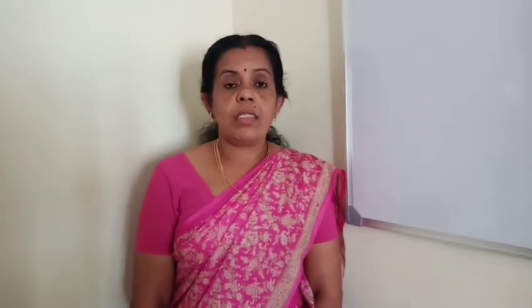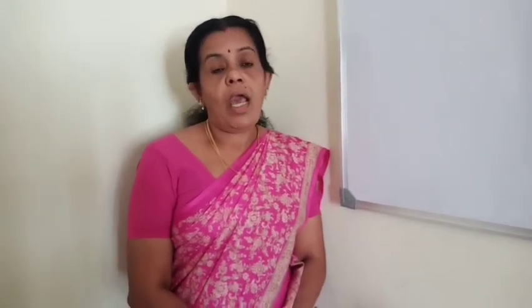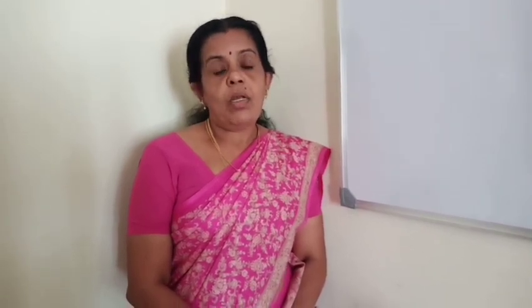In the last class, we discussed the formula for Sn. The first formula is Sn equals n by 2 into (2a plus (n minus 1) into d) if the AP is given. The second formula is Sn equals n by 2 into (a plus an), where the first and last terms are given. Sometimes Sn equals n by 2 into (a plus l) is also used, where l is the last term. Instead of an we can use the letter l. And the last formula is Sn equals n into (n plus 1) by 2, for the sum of all the natural numbers.